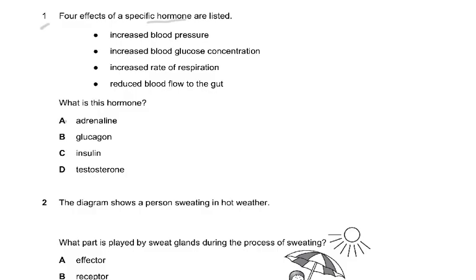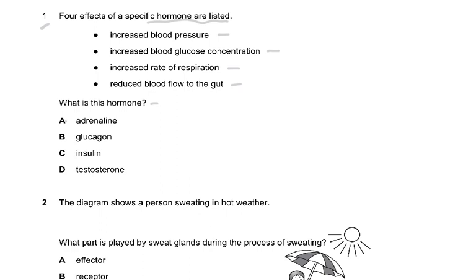Four effects of a specific hormone are listed: increased blood pressure, increased blood glucose concentration, increased rate of respiration, and reduced blood flow to the gut. What is this hormone? Okay, let's look at the hormones: adrenaline, glucagon, insulin, testosterone. Adrenaline is a fight and fright hormone. So it increases blood pressure, yes. Blood glucose also increases because it acts on the liver and converts the glycogen to glucose, because when you're fighting you need more glucose in the system so that there's more aerobic respiration and more energy release so that you can